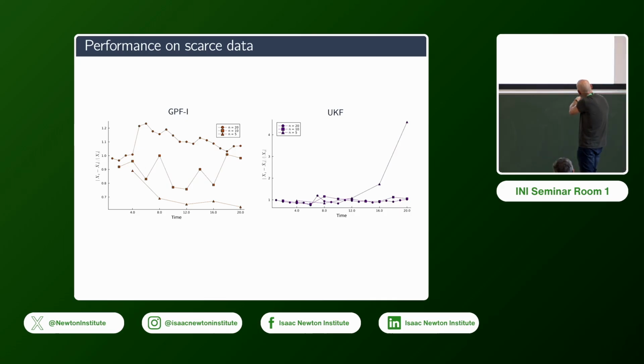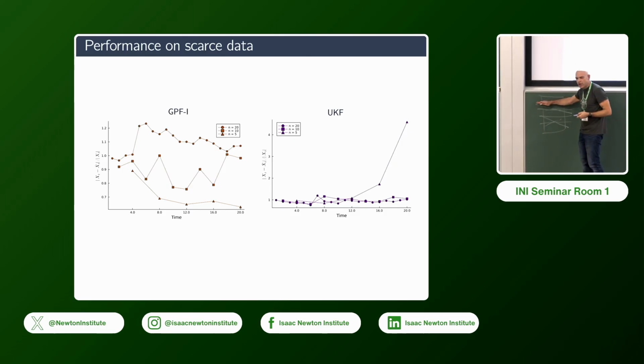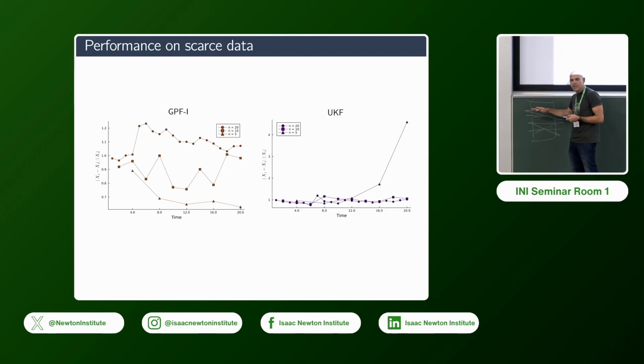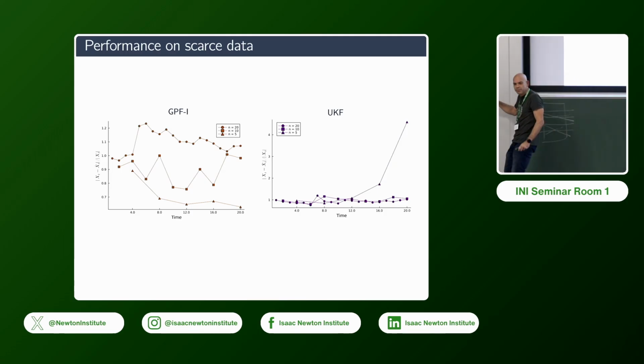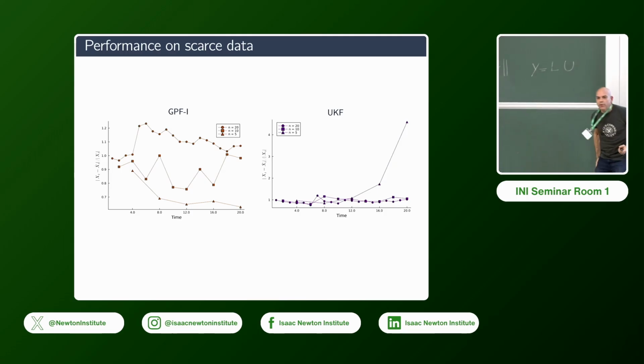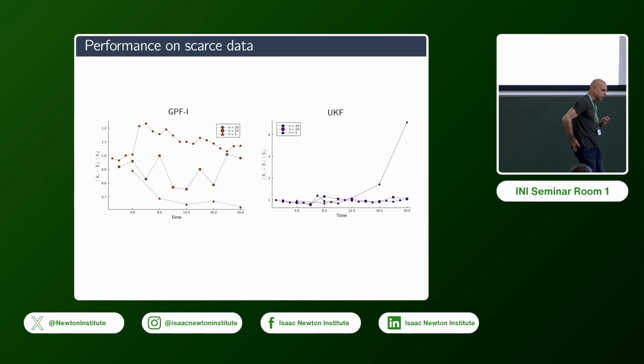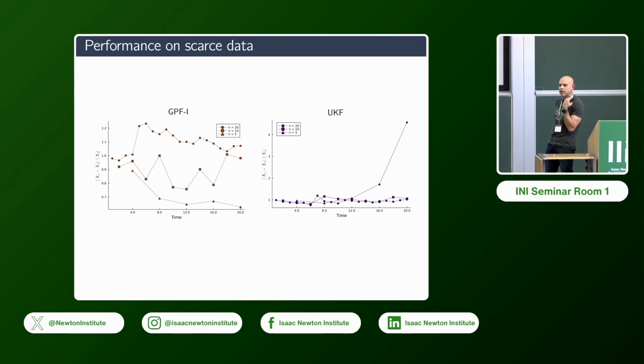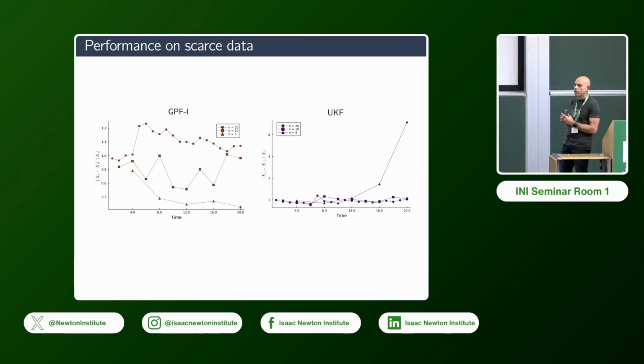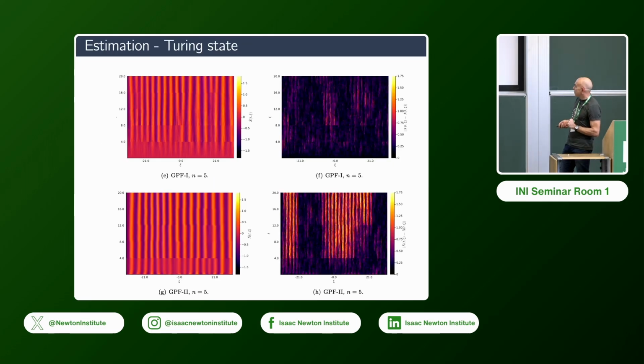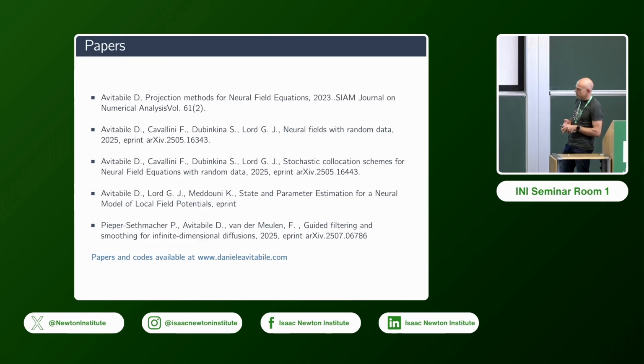And there you see it, with an error blowing up in time. So this is what happens to your reconstruction as time progresses. Whereas on the right-hand side, with the idea that Torben has, because your dynamics is constrained to go back to where the reading is, it manages to keep that error constant, which is actually remarkable. We don't have error proofs for that, but Torben has really worked on making this solid on function spaces, which is a very non-trivial task. So I'll leave you with a few references, and thank you very much for your attention.